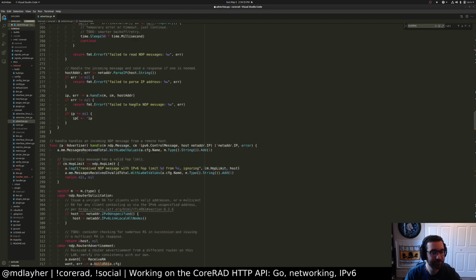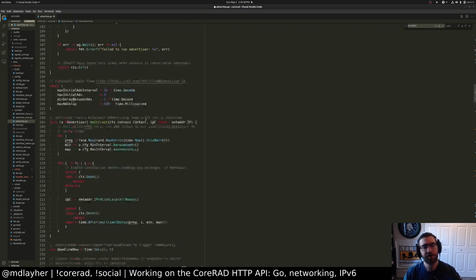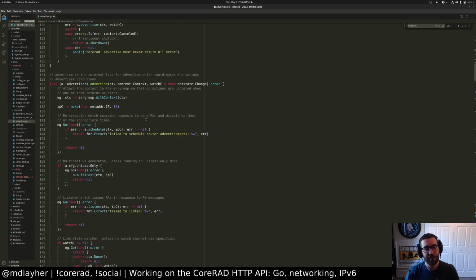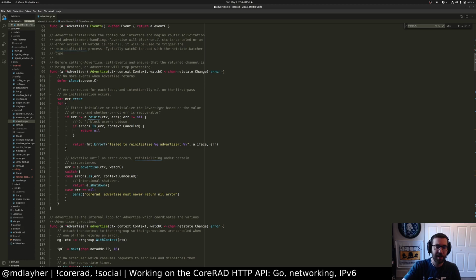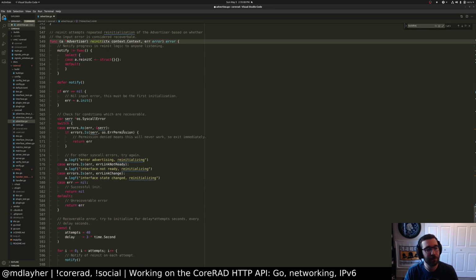But so the problem here is that this connection structure, so kind of the way this works is the advertiser here has like an entire cancellation tree. One sec. The advertiser and the server have kind of like an entire cancellation tree based on a context, and I need the ability to react to network state changes, basically tear the entire thing down, reinitialize the connection, then bring it all back up. That is what it does today. So the problem is